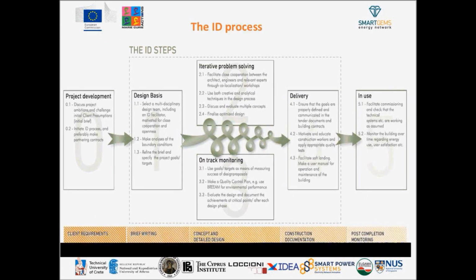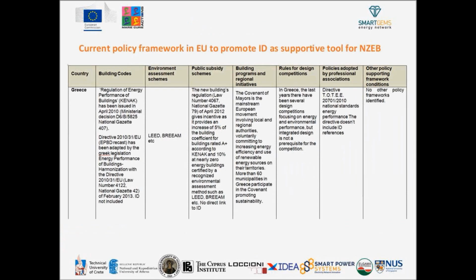Moving on, concerning this integrated design process, we will refer to the current policy framework that exists in the European Union in order to promote integrated design as a supportive tool for NZEB. We will see the situation in some countries, and then we will have some conclusions on this that I think we can tell from even the first country, that is Greece,